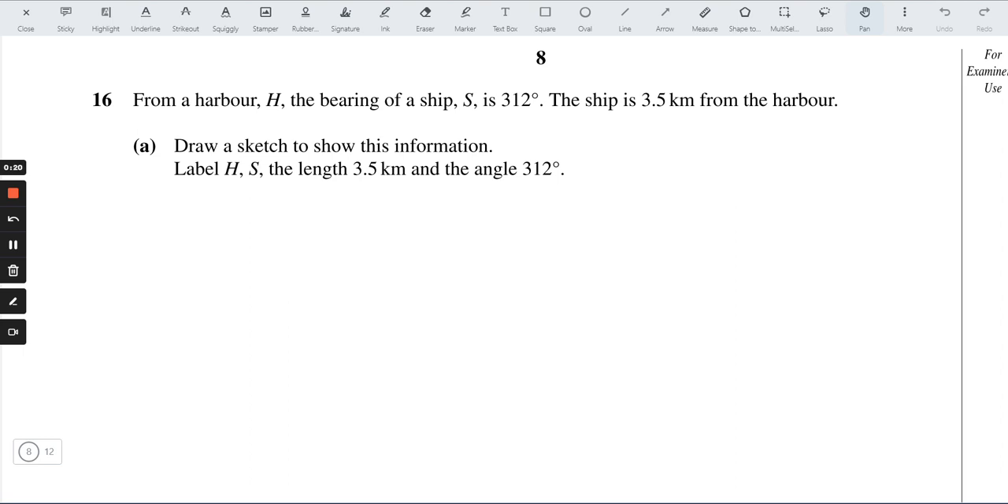says, from a harbor edge, the bearing of a ship is 312 degrees. The ship is 3.5 kilometers from the harbor. Draw a sketch to show this information. Label edge as the length 3.5 kilometers and the angle 312. So here this is about drawing bearings, and drawing bearings is no more than expressing the angle between two